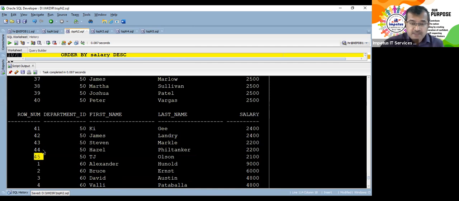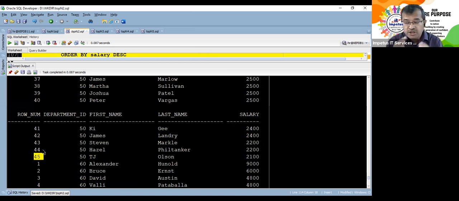So when I'm saying partition by department number, it has created a group and row numbers have now been assigned. This was not happening with our pseudo column ROWNUM. The pseudo column row number was the physical location either in the table or in the temporary memory area. This is not doing that. It is reordering them within the partition. It can give a number within that group, or for the entire query. The previous examples that we have seen for the row number function were the same as the pseudo column row number. Now we have understood the power of it.